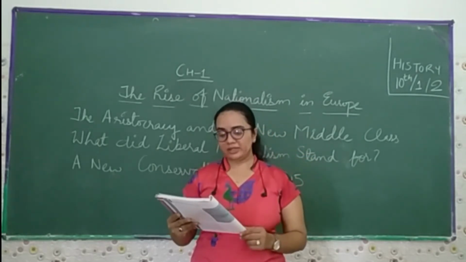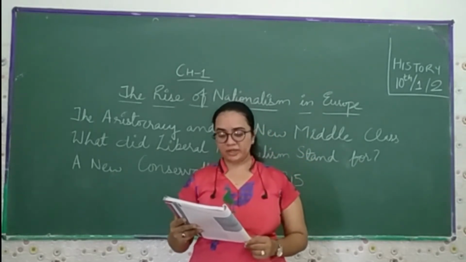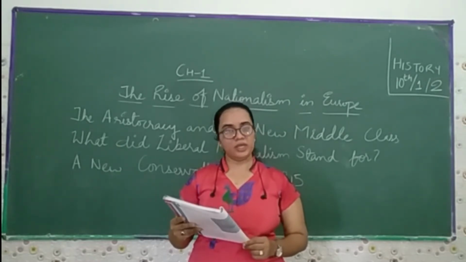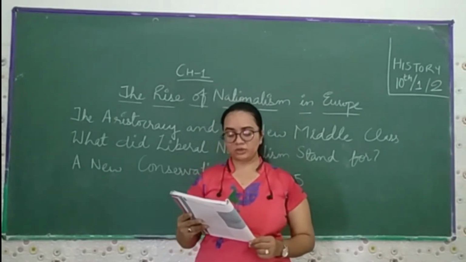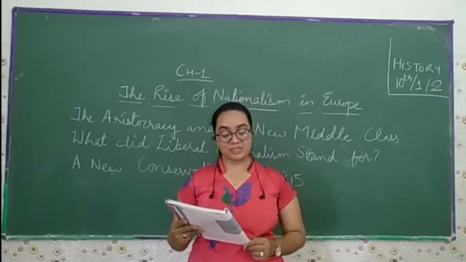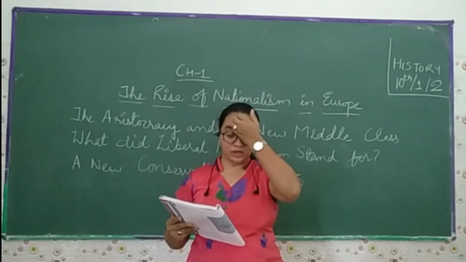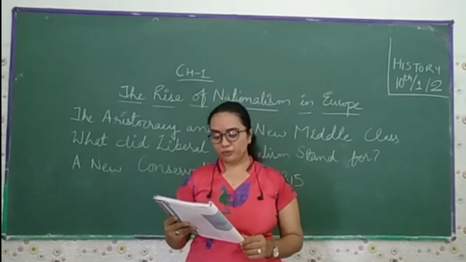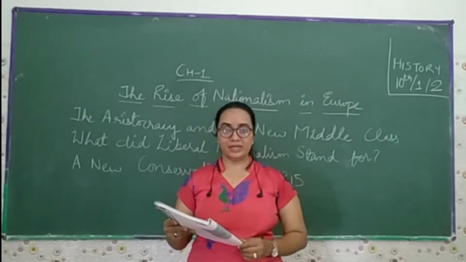Industry began in England in the second half of the 18th century, but in France and parts of the German states, it occurred only during the 19th century. In this way, new social groups came into being: a working class population and a middle class made up of industrial businessmen and professionals. In central and eastern Europe, these groups were smaller in number till the 19th century.